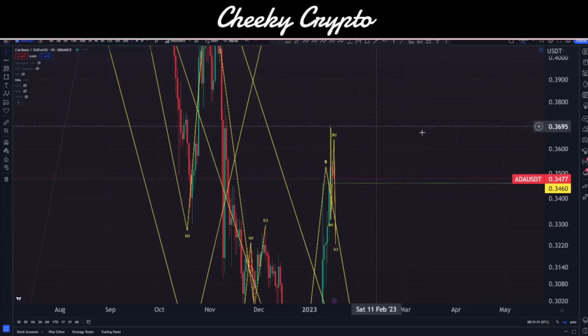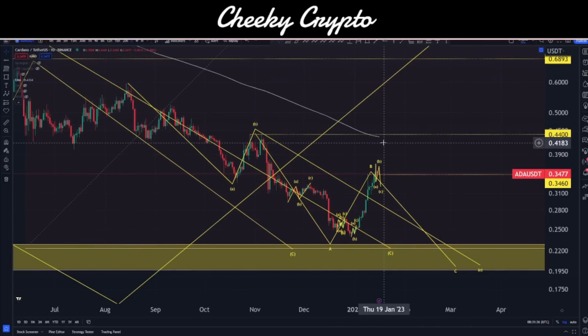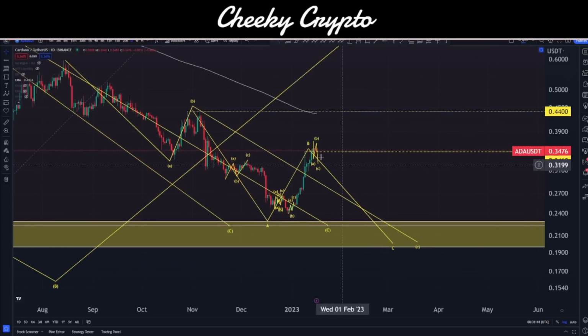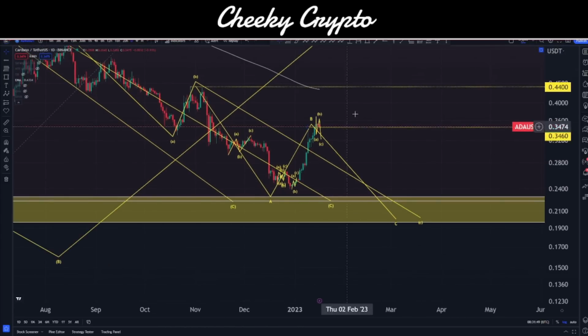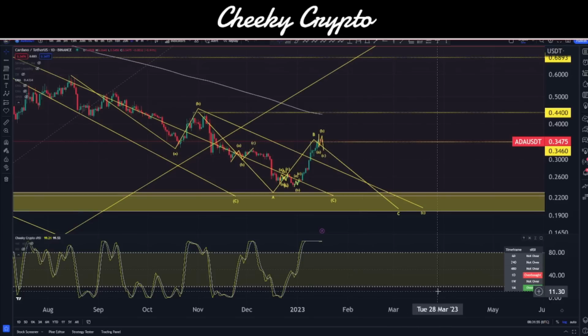Now, if I scale this up into our daily charts, we can see we are still below our 200 EMA. We are up in this B wave. We haven't pierced up above 44 cent, 44 cent being the area where we would invalidate our low points on this one, this being just corrective. So interesting to see how this is going to play out. Now, one of the biggest things worth noting is we are overbought on our daily chart quite a bit. We have been overbought for quite some time here, with the other time frames resetting themselves.